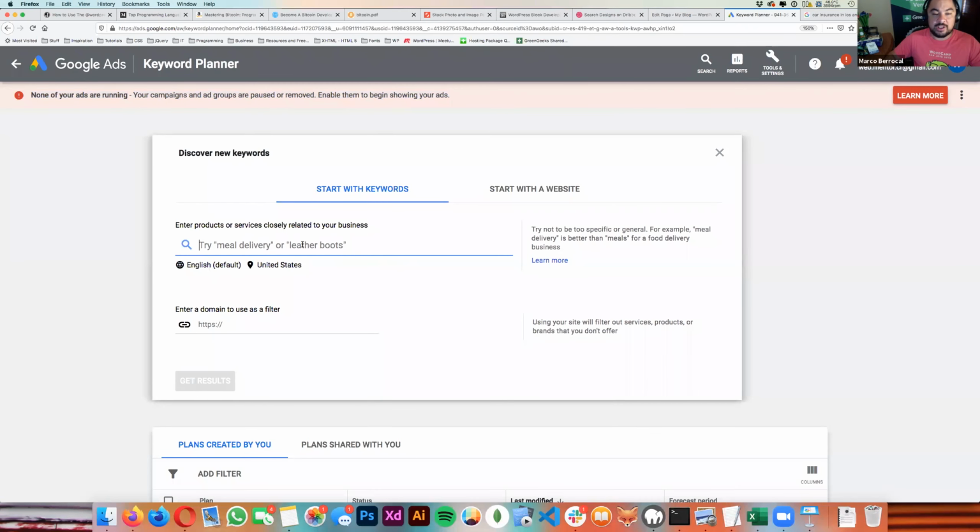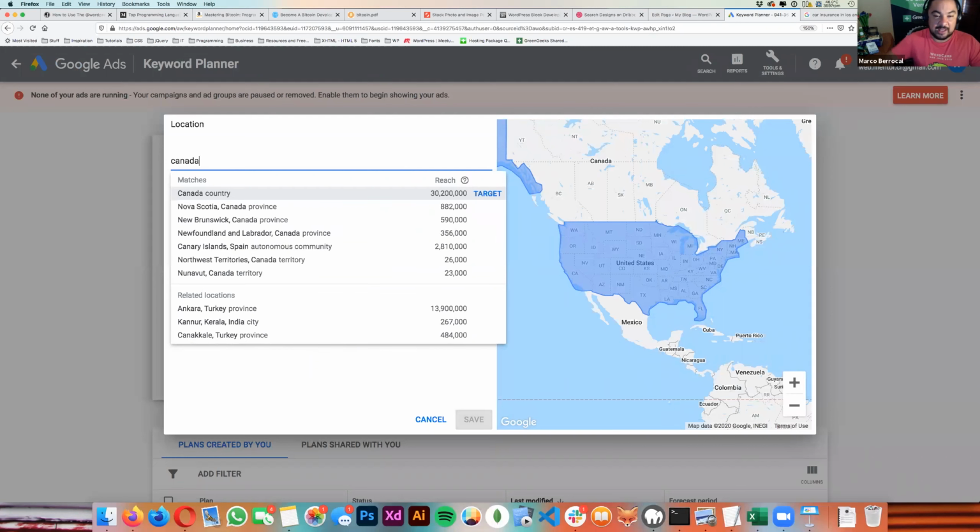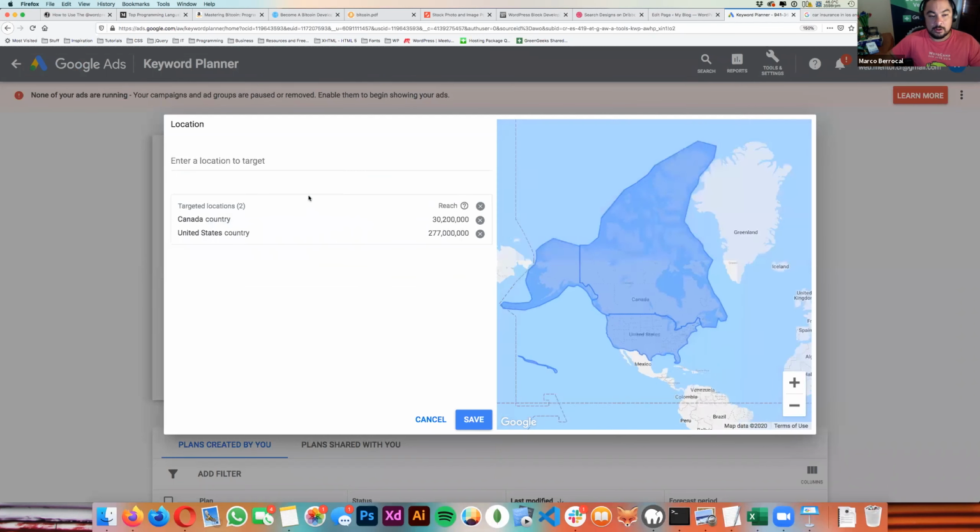So when you are ready, when you have these ideas all jotted down, you are going to start with keywords. So we're going to do it. In my situation, we're going to do hosting, and I'm going to do web hosting over here. English is going to be my default language. Of course, I'm interested in people from the United States, but not just the United States. I am interested in Canada as well. I am interested in England,